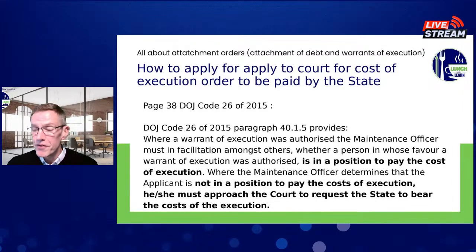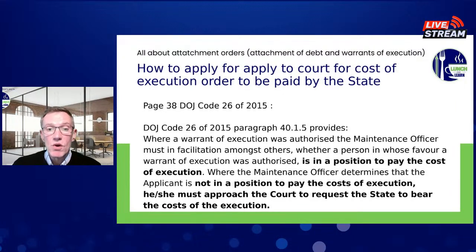I want to refer you to the DOJ Code 26 of 2015, which is basically prescribed rules that is used by the personnel of the Department of Justice. That's basically a guideline that the clerks need to use. And this is now pertaining and leading into the costs. Because, like I said, most often it is expected from the debtor to pay the costs for the warrant of execution. But on page 38 of the DOJ Code, in paragraph 41.5, it says that where